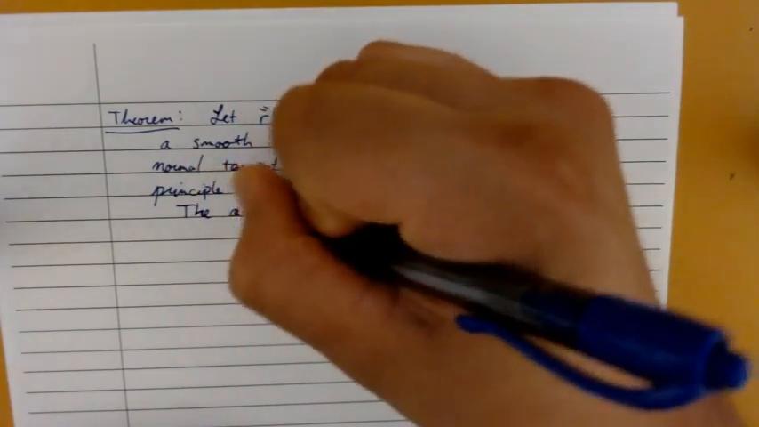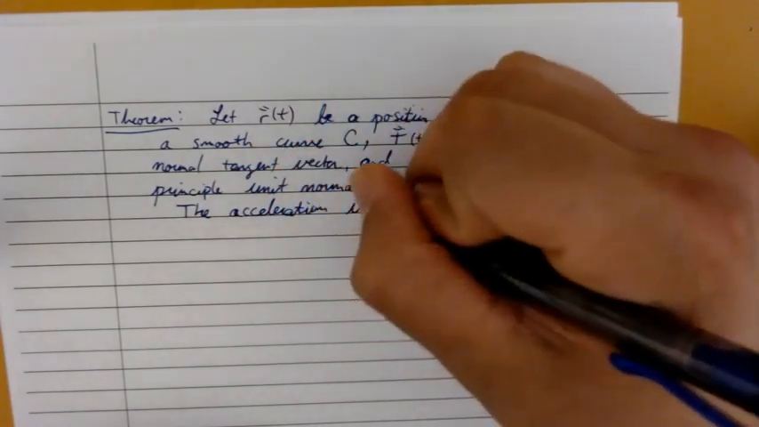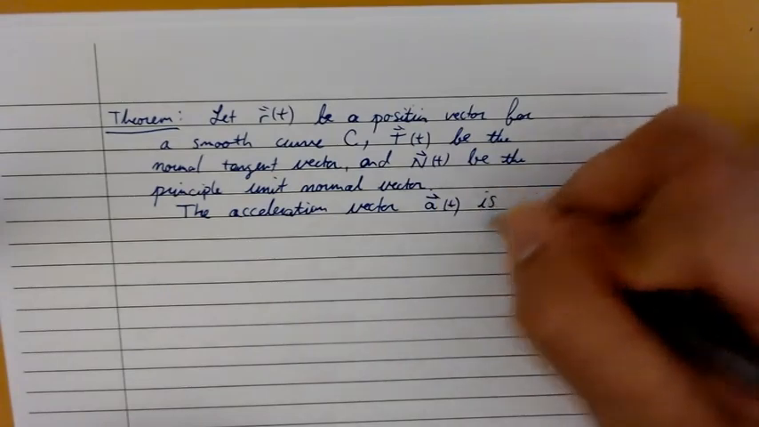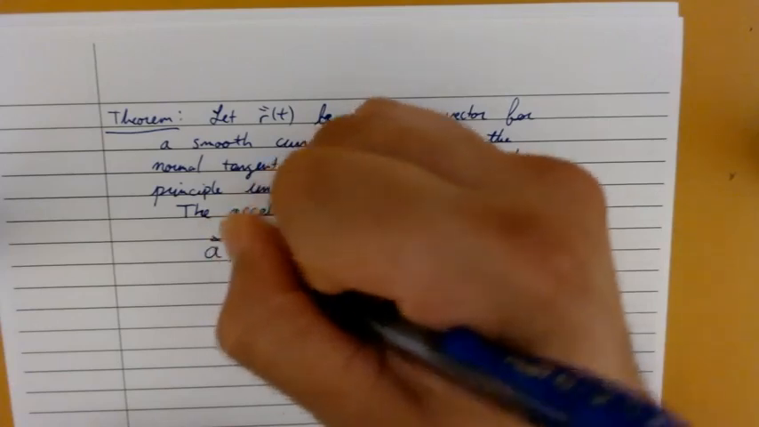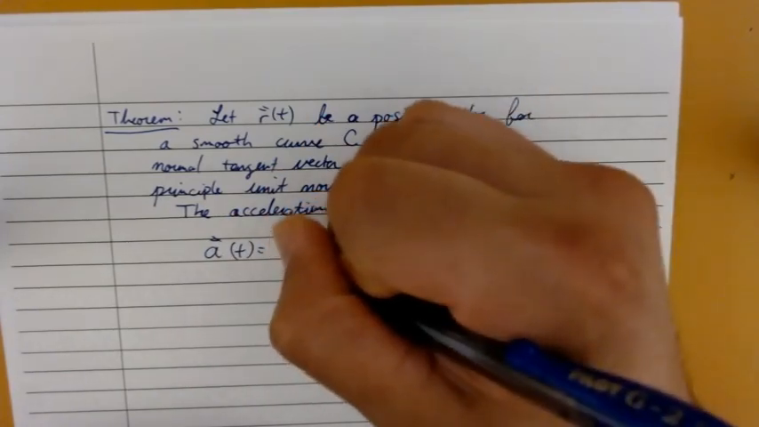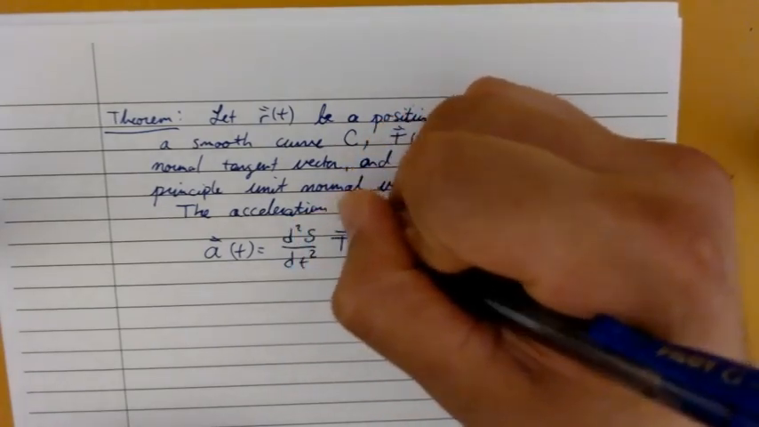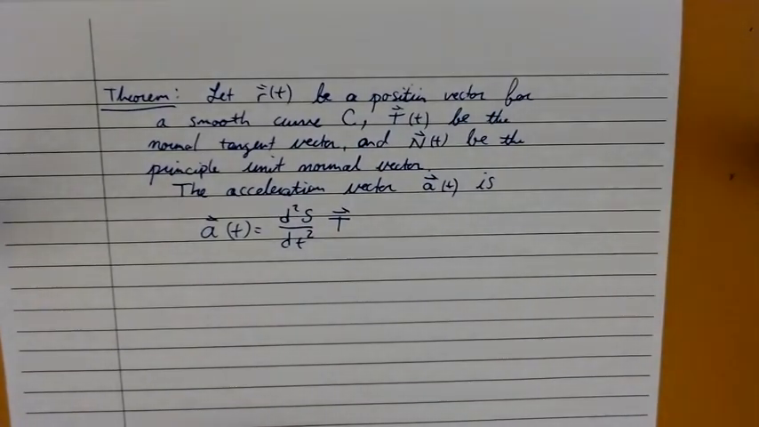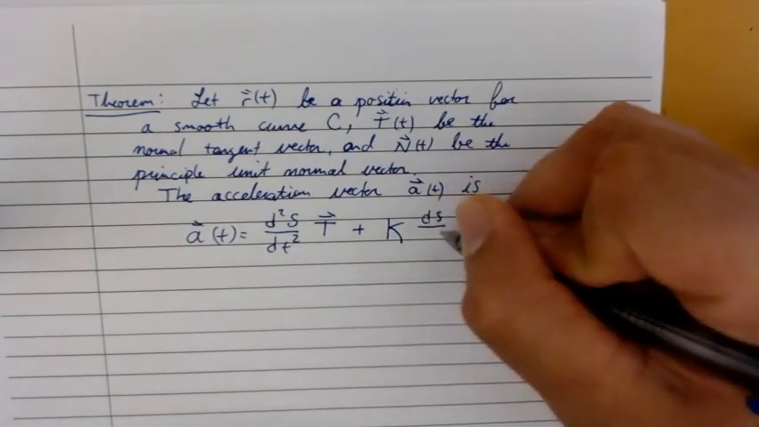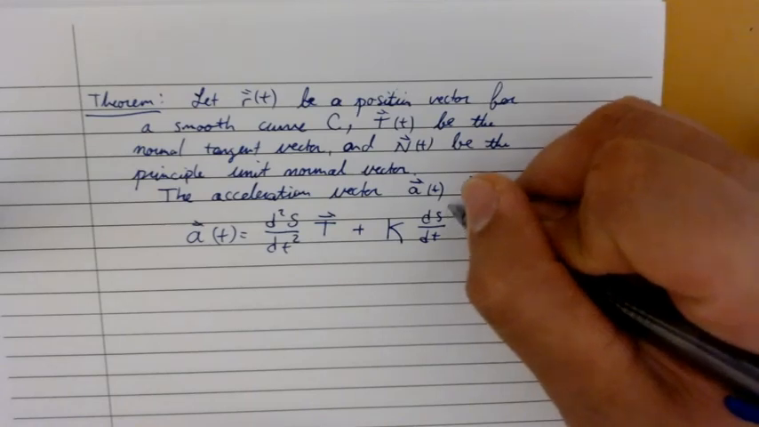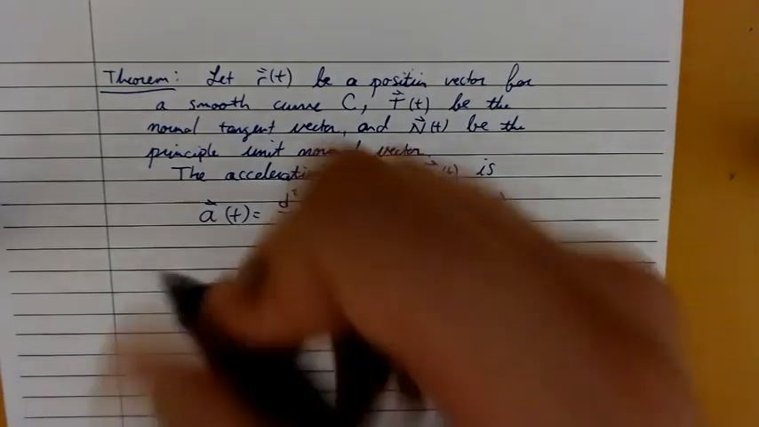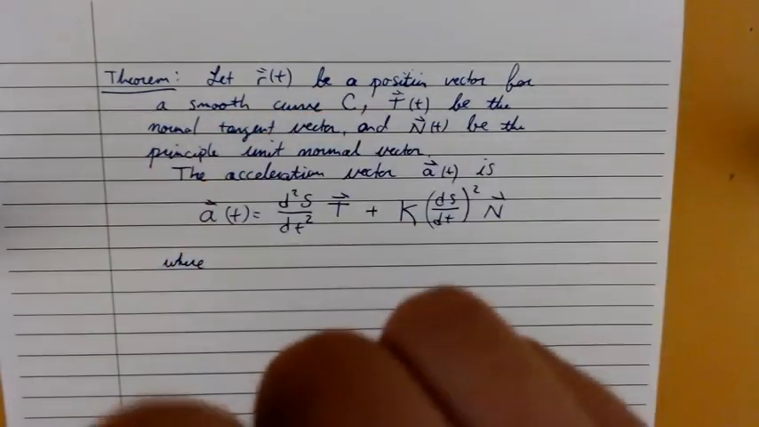The acceleration vector A, which we can say A of t, is given by the second derivative with respect to t of s times T, plus the curvature times the derivative of s, the arc length, with respect to t, quantity squared, times the unit normal vector, our principal unit normal vector. Where, and I'll state that explicitly, k is the curvature of C,